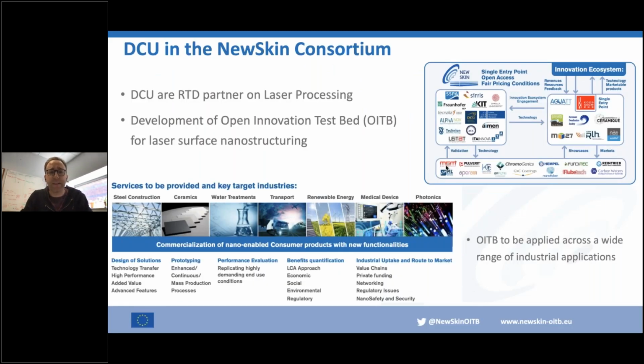And inside NewSkin, DCU is one of the RTD partners, specifically looking at laser processing, and we are developing a test bed for laser surface nanostructuring and upscaling this technology for industry. And it has a wide range of applications that we can look at. We're talking specifically about ceramics today, but again, keep in mind this can be adapted for many other materials